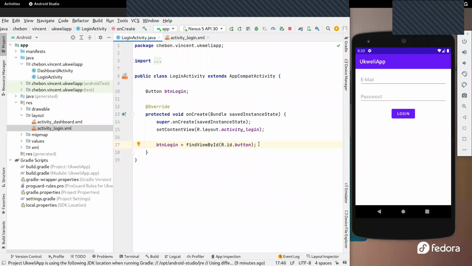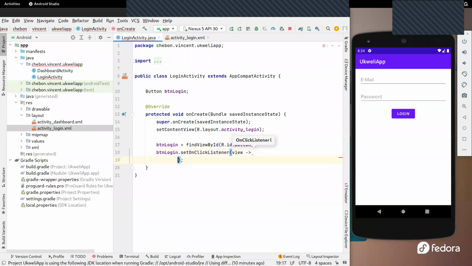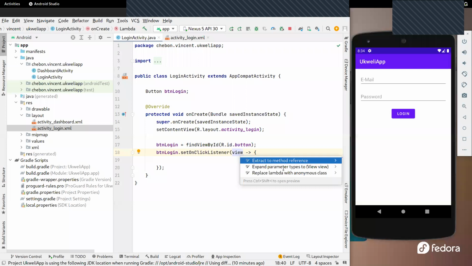And then with that purpose, we're going to say this button, we would like to set an onClickListener. setOnClickListener is a method in Java where we set that if somebody just clicks on it, we are going to see an event happen here. After doing that, we're going to say setOnClickListener and pass in the view. This is a short form of it. And basically, if you want to extract this method, it's just to say,